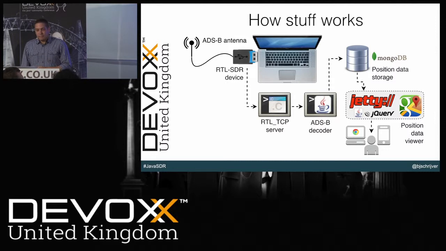But how does this all work? This is a picture of getting it all together. You start with an antenna. When you want to receive wireless signals, having a good antenna is key. And a good antenna is tuned to the frequency you want to receive. So for ADS-B, that's